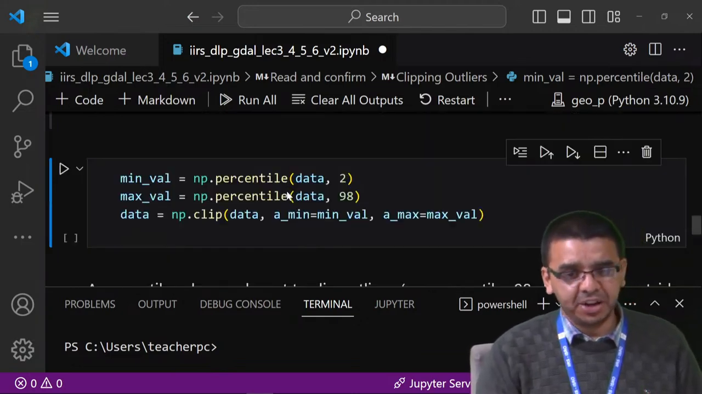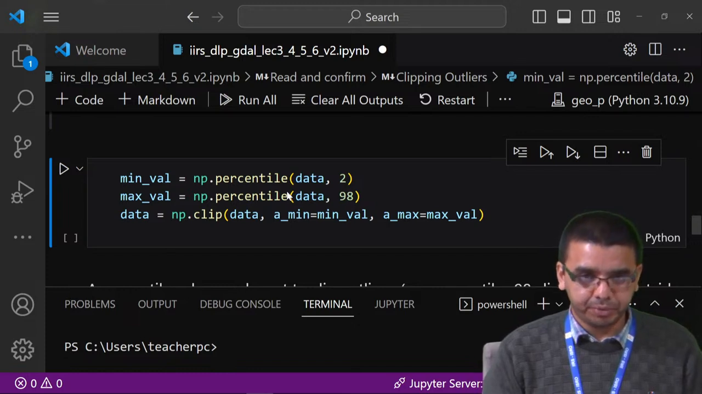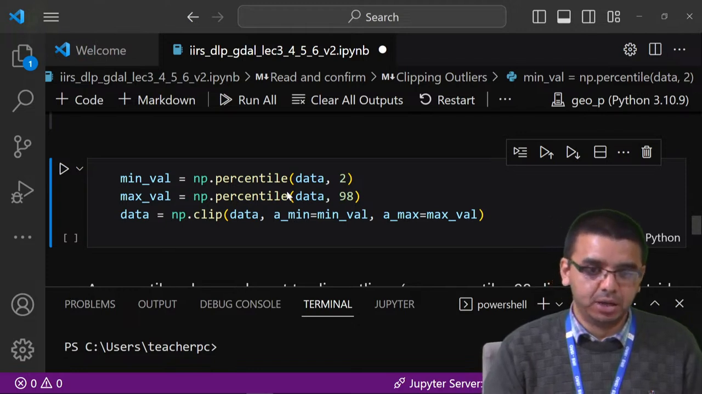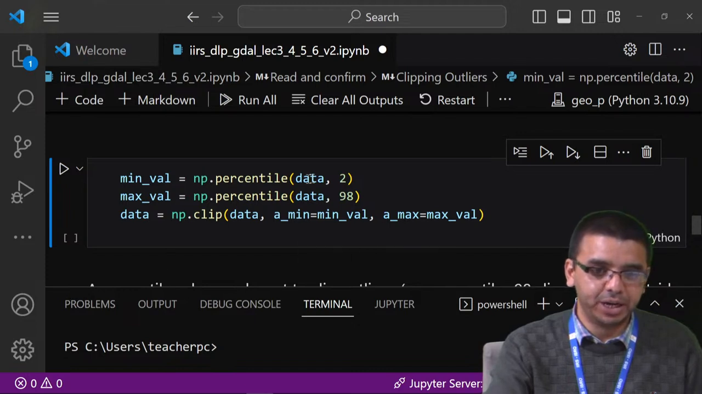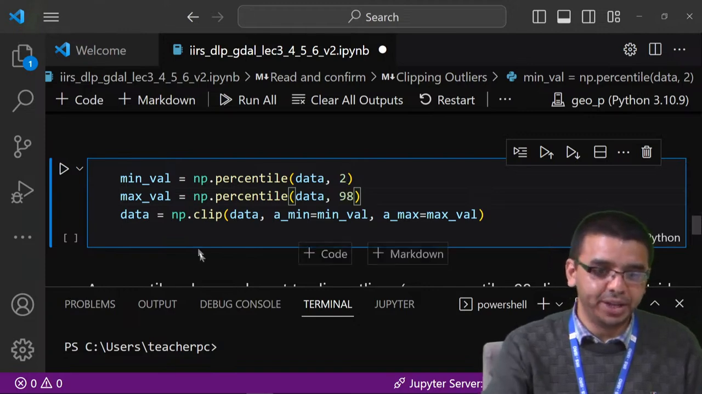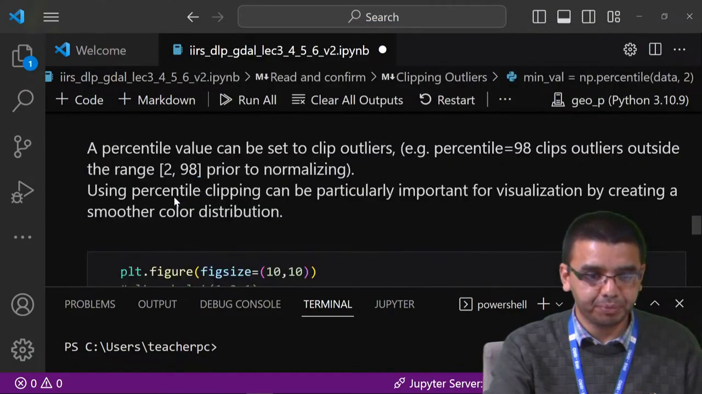Then there is another standard way of improving the visualization, that is called percentile. So we clip the values which are beyond the 2nd and 98th percentile, so those values can be clipped. Suppose I am calculating the 2nd percentile of the data and the 98th percentile of the data. Then later on we call the function np.clip, or even directly on this also we could have